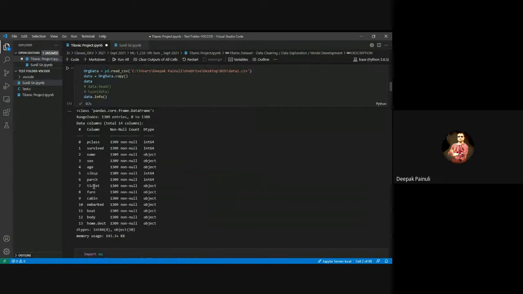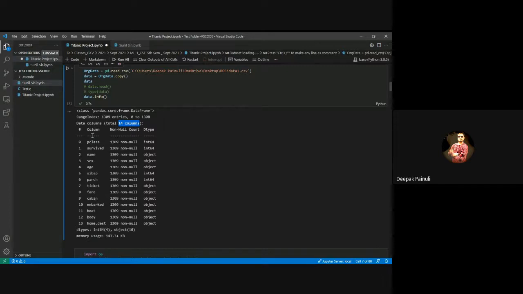By using data.info, I got the information of our dataset. In this output, you can check we have a total of 1309 instances, or we may say number of rows, which ranges from 0 to 1308, right? And a total of 14 columns in the dataset, which means we have 14 features.